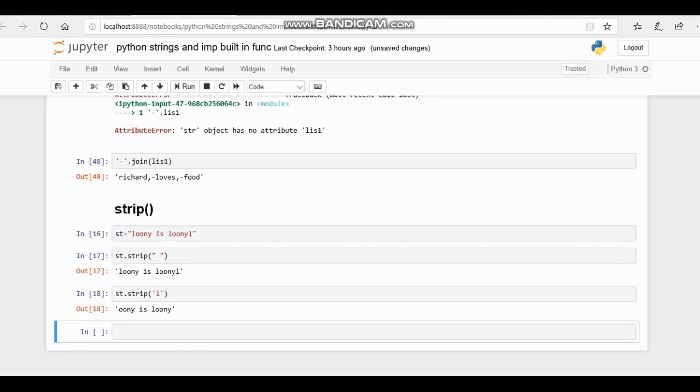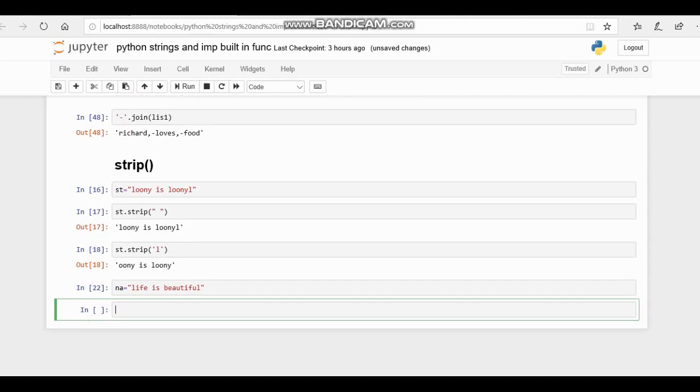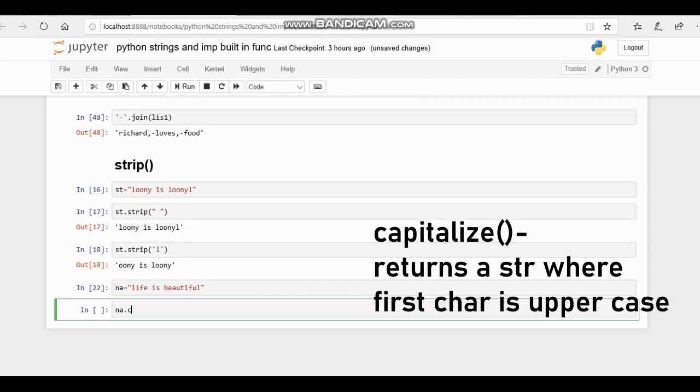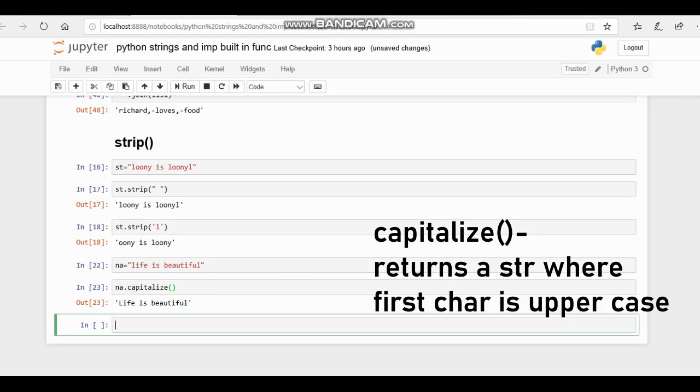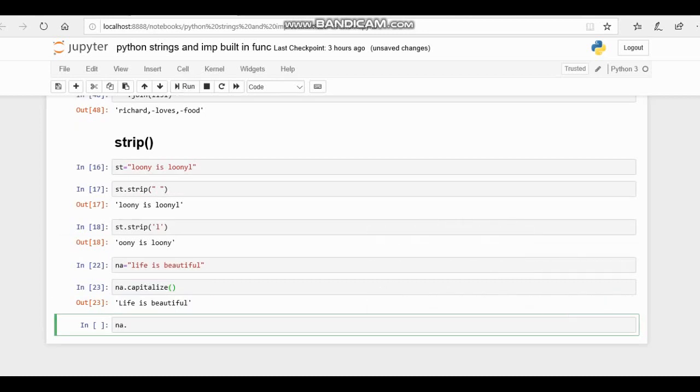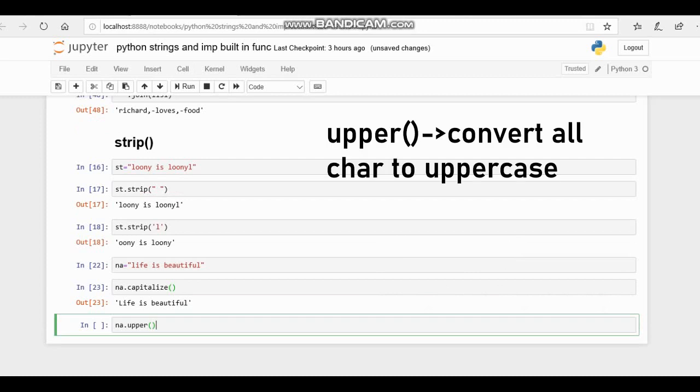We will see some more built-in functions. Let me take an example: "Life is beautiful". The first function we will see now is the capitalize function, na.capitalize, which helps to capitalize only the first letter and all other letters will be lowercase. The next function we will see is upper, where we convert all the letters in the string to uppercase.